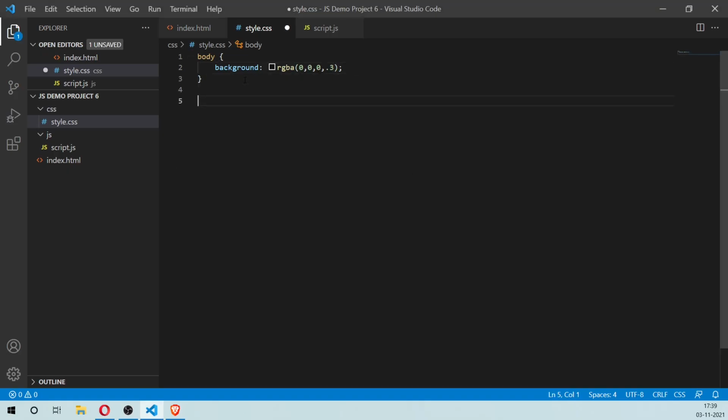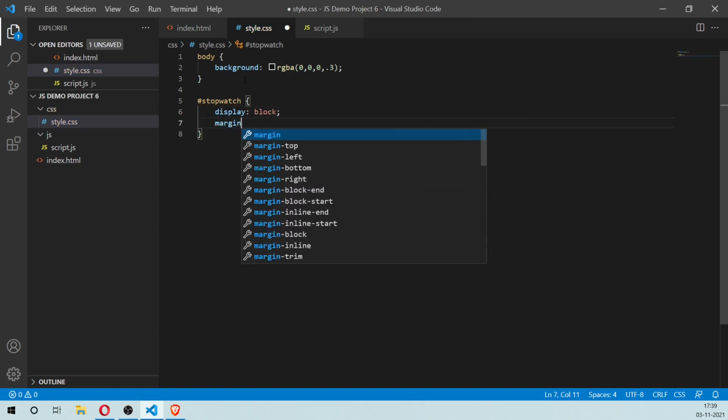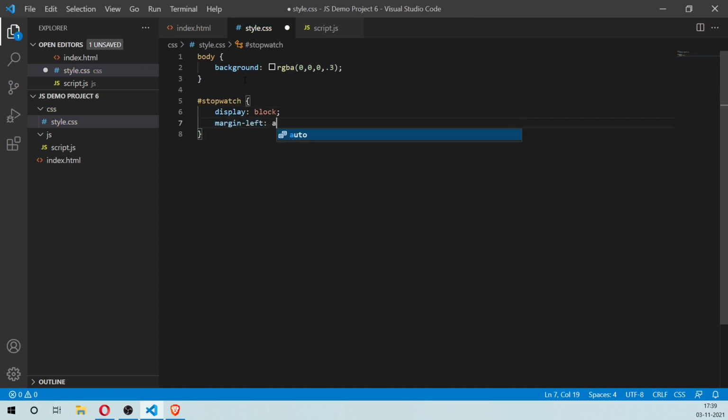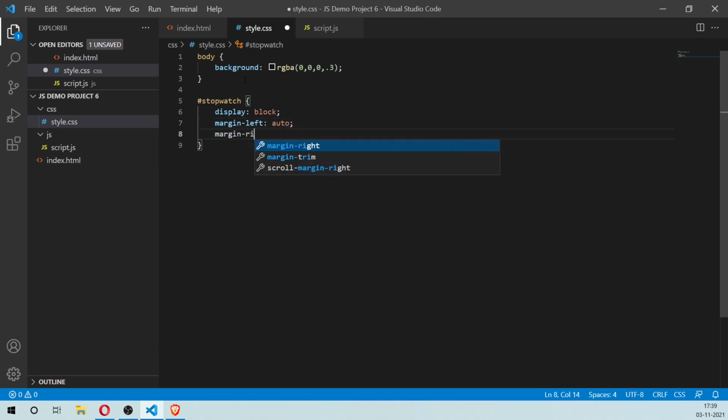And now for the stopwatch, we're going to make it a block, and margin left is auto, margin right is auto. We're going to give it a fixed width of 300 pixels and also the font size of 2em.